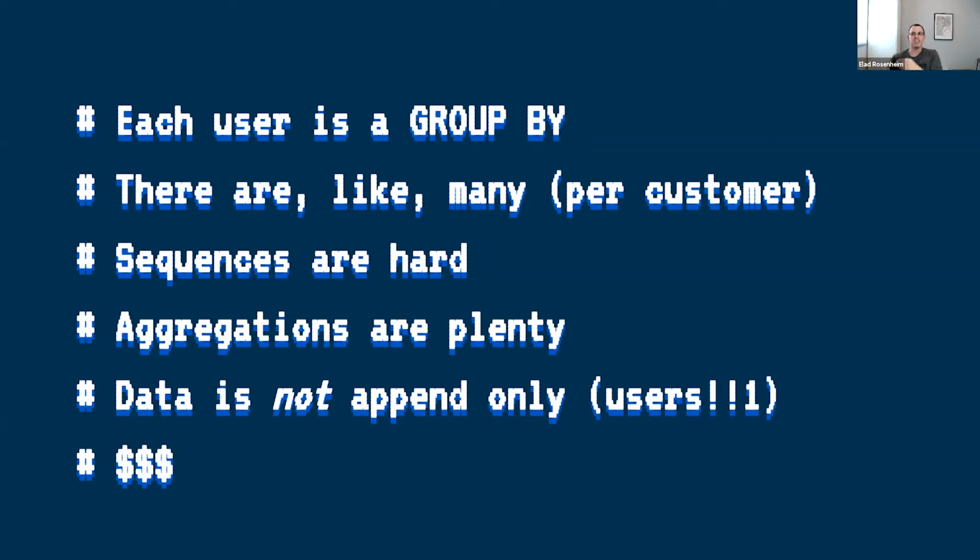And the problem is, group by works really well, even on a lot of data, when you have 10 groups, 1,000 groups, maybe 10,000 groups. But what if you have 20 million? And within each of these 20 million groups, now I say, okay, find the user who did X. Find groups where X happened, and then Y happened following that. And with every group, these timings are different. So it needs to have this order in each and every group. And this is a hard problem